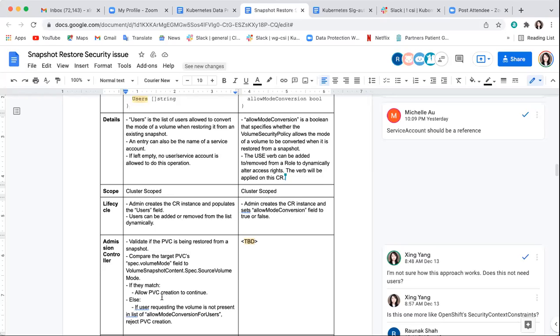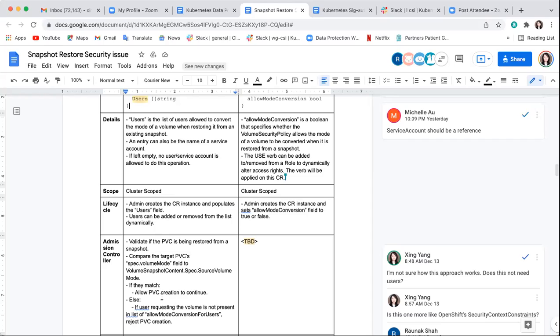And then allow the volume snapshot content to be modified by the backup software. Right, because we can already do that. We can already statically provision.